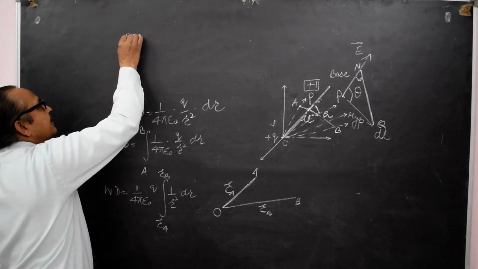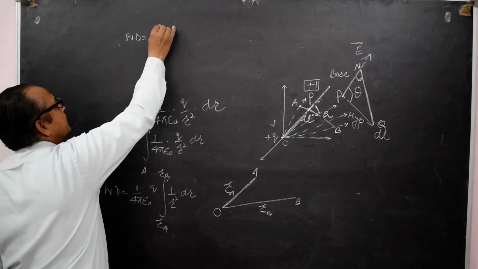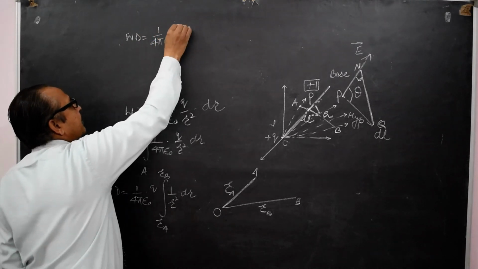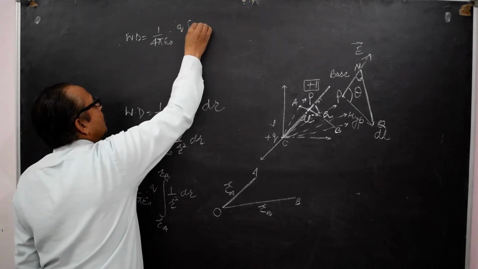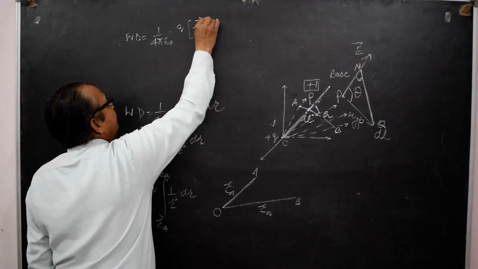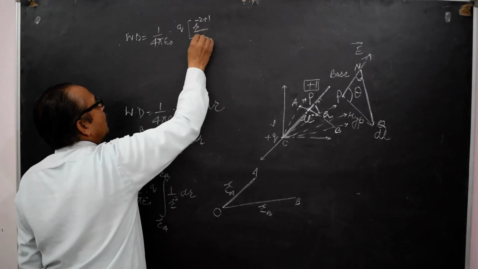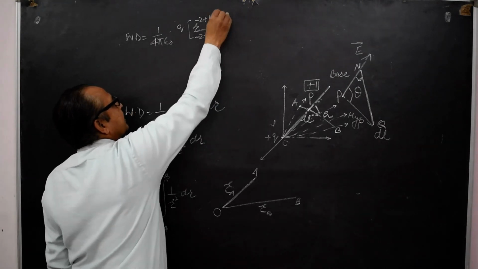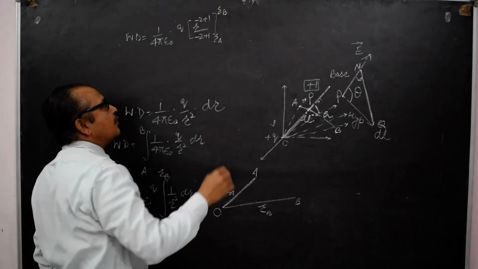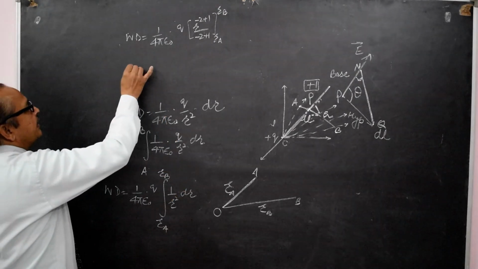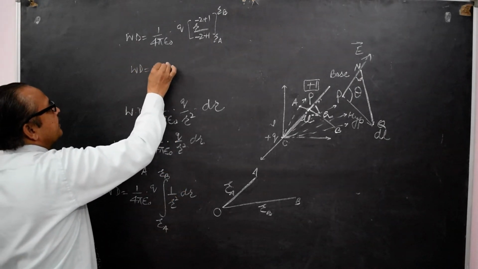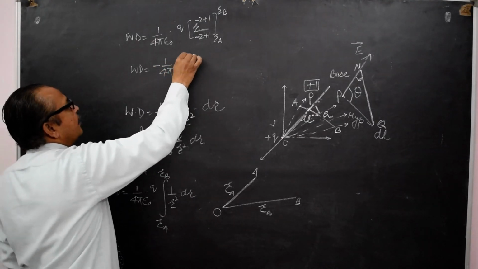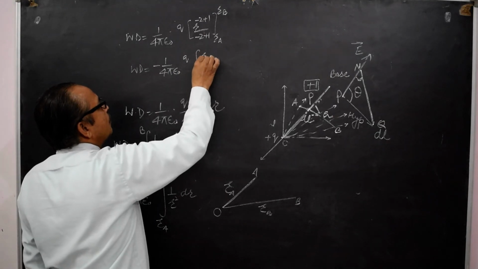I will get W is equal to 1 over 4 pi epsilon naught into q, r raised to the power minus 2 plus 1 over minus 2 plus 1, and when you apply the limit from ra to rb, and when I solve this I get minus 1 over 4 pi epsilon naught q into